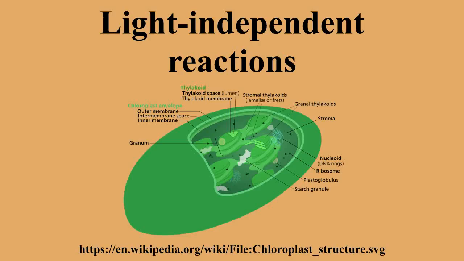So, 5 out of 6 carbons from the 2 G3P molecules are used for this purpose. Therefore, there is only 1 net carbon produced for each turn. To create 1 surplus G3P requires 3 carbons, and therefore 3 turns of the Calvin cycle. To make 1 glucose molecule would require 6 turns of the Calvin cycle. Surplus G3P can also be used to form other carbohydrates such as starch, sucrose, and cellulose, depending on what the